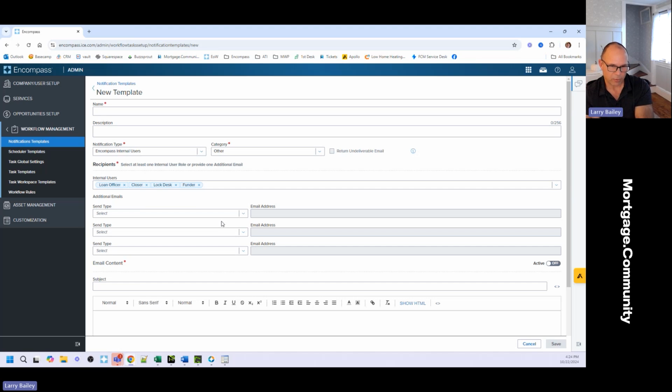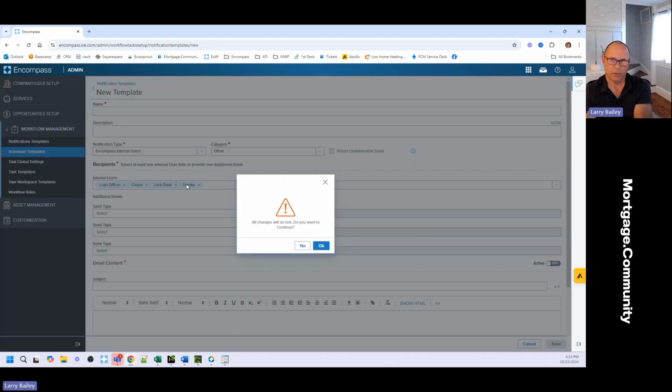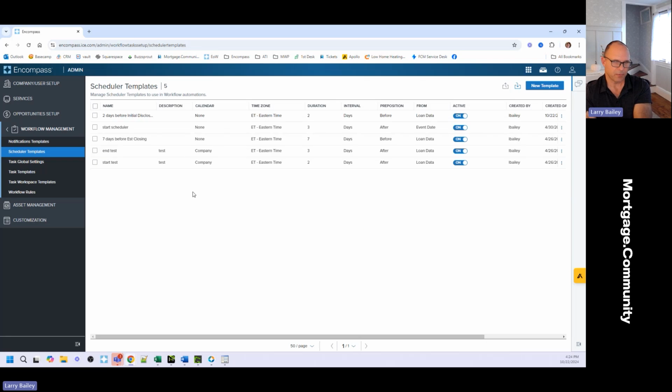Angela says, can the scheduler work to create a report of all loans that are 2 business days from the LE due date? So it's not a report. So Angela, it's really important to understand this is each loan is being reviewed for when the scheduler is going to finish. So you wouldn't want to do a report because who's included in the report? Now, let's say you've got 50 loans in your pipeline. All 50 aren't doing 2 days. Now, as a manager, if you want to manage that, you're going to use a pipeline view.